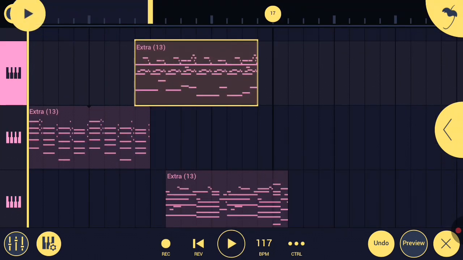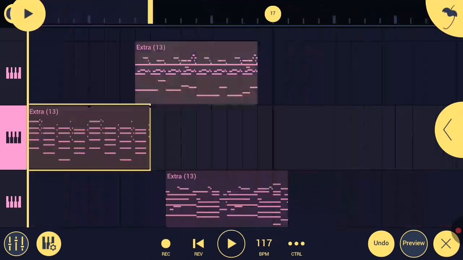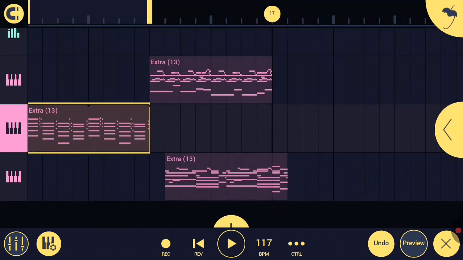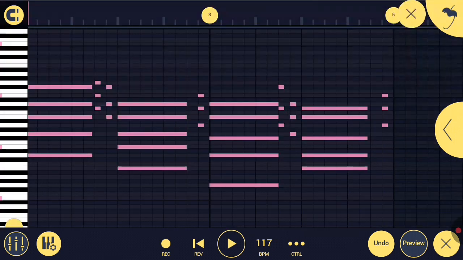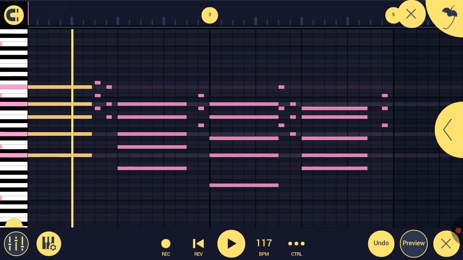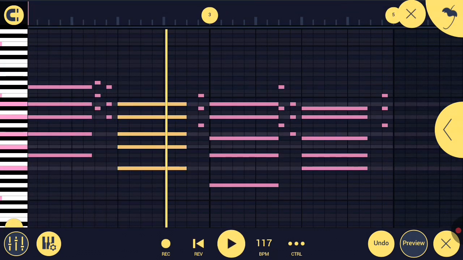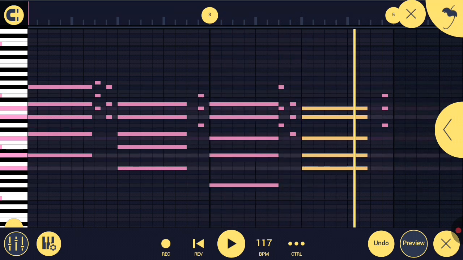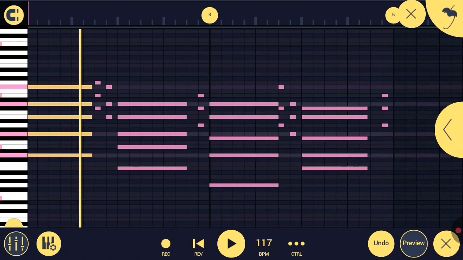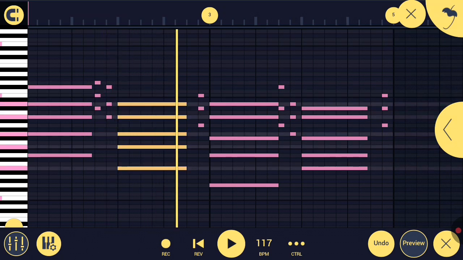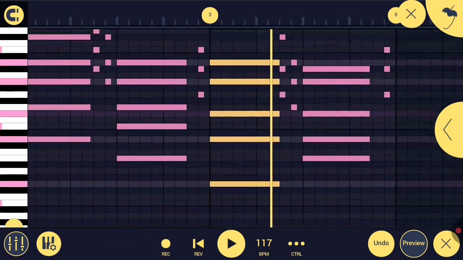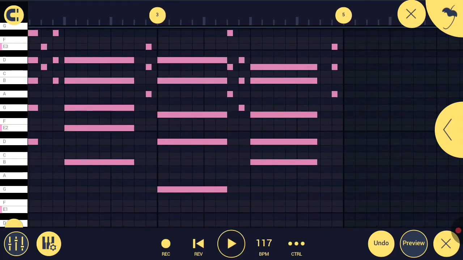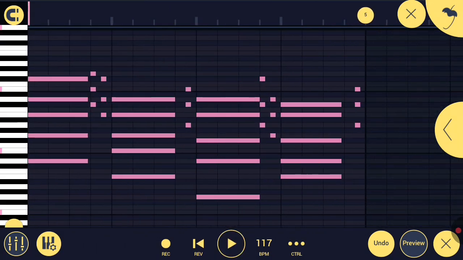So for the second melody, this is the simple one. Okay, so here, bro, it's just simple chords.